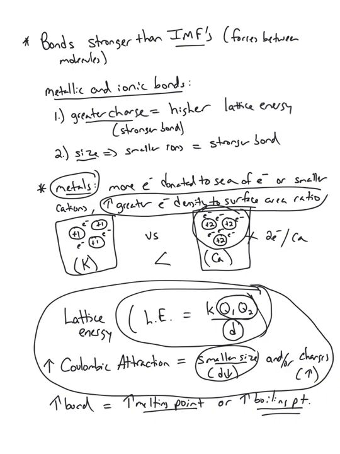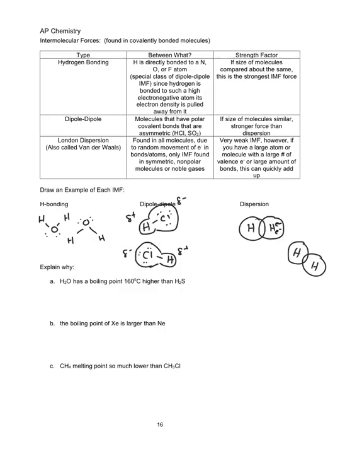We can already predict that calcium is going to form a stronger bond than potassium. And then if we look up the melting point of each of them, we'll identify that calcium does indeed have a much higher melting point than potassium, as we predict from Coulomb's law. So for ionic compounds and metallic compounds, smaller size and more charge, or more electrons donated, will result in a stronger bond and therefore a higher melting point. We're looking at Coulomb's law, just like looking at Coulombic attraction between the nucleus and the valence electrons. Okay? That leads us into covalent compounds.